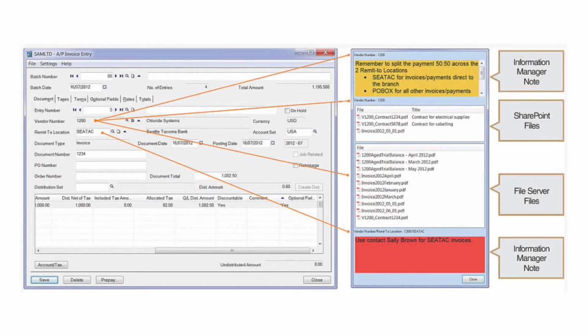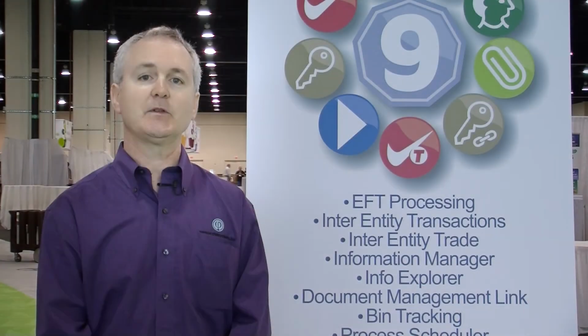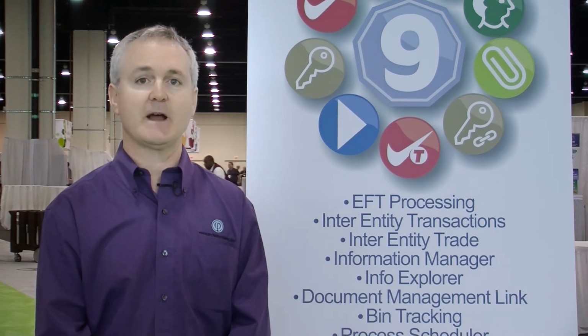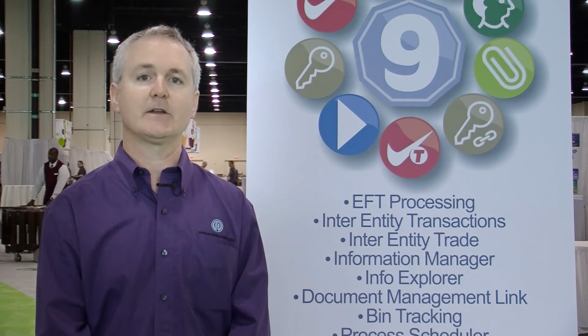In conjunction with Notes, Orchid has developed something we call Document Management Link. Document Management Link is the ability to establish a link from any field within Sage 300 ERP to an external folder or Microsoft SharePoint for facilitation of holding documents against the field information. So for example, you might want to store an AP invoice by vendor, by date, or by invoice number, and Document Management Link will allow you to store multiple invoice documents for that vendor either within a network file share